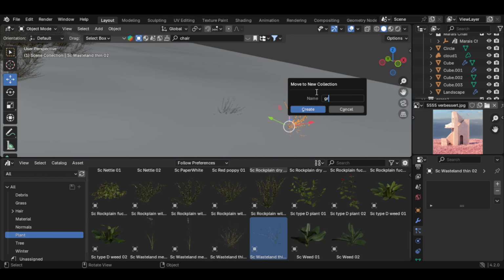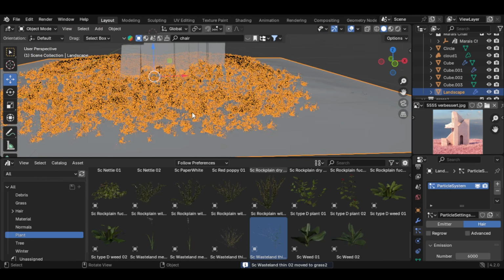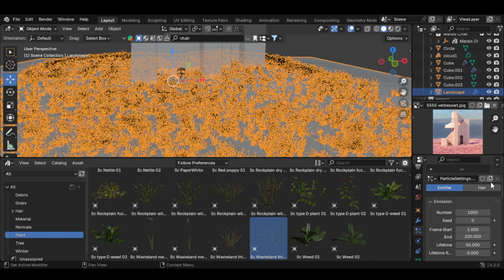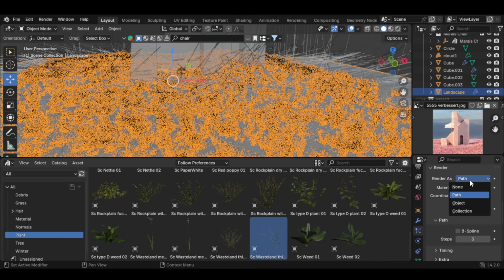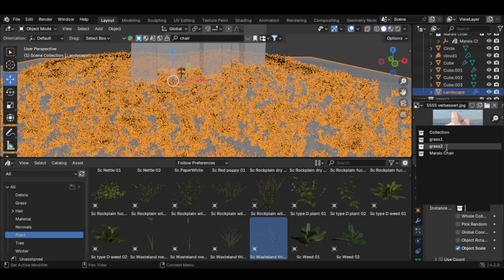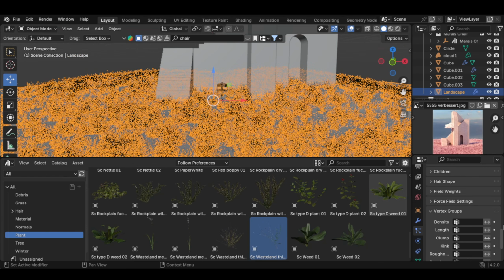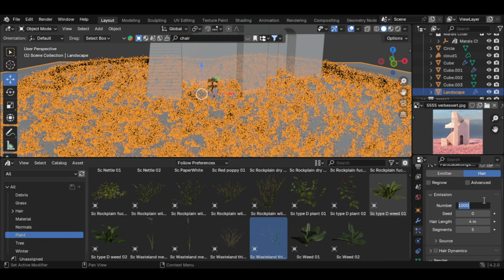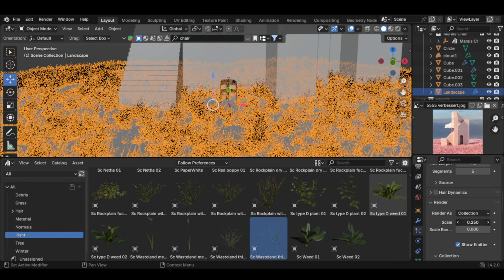put it to a new collection, grass 2, select your landscape again and go to a new particle system. Change it to hair again and go to render and select collection. Select your grass 2 and again the density to your group and change the number to 5000 and let's scale it up